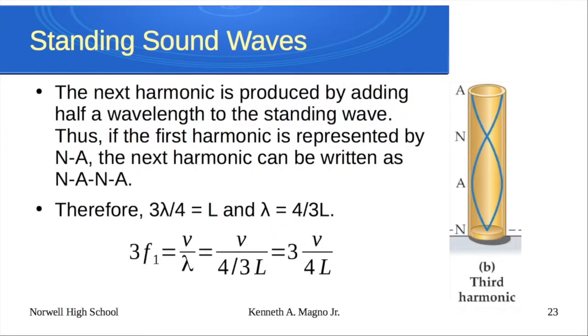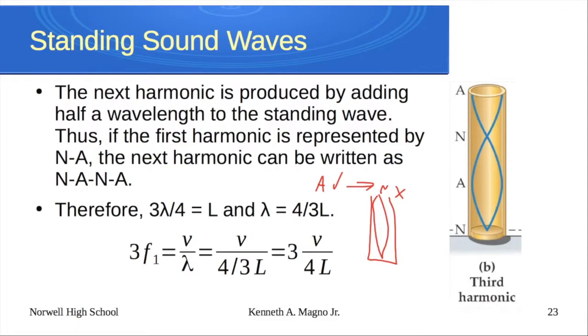Now, the interesting thing that happens here for us, though, is you can't have every single harmonic, all right? So if I went up to the second harmonic, what would happen for me is, and I can draw it out here, I'd have to have a node and a node, which can't happen. Because I'm moving here, I have to have an antinode. I can't have a node. No, that's bad. So that means I skip and I go to the situation I've got drawn here, node, antinode, node, antinode, which is really the third harmonic, right?